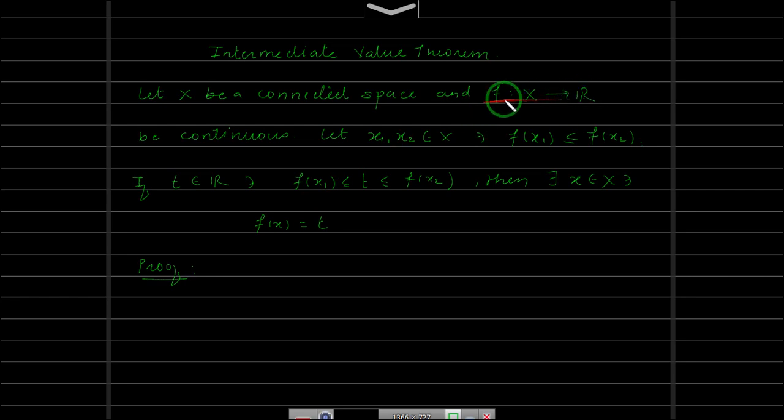And the second point: f is a continuous function, X is connected, then f at X will be connected. That is, the continuous image of a connected space is connected. If it's an onto function, then f at X will be equal to the whole of R. Otherwise, f of X will be inside R. And since f at X is a subset of R, it has to be an interval. Then we will use the definition of interval, and we are done with this theorem. So let's prove this.